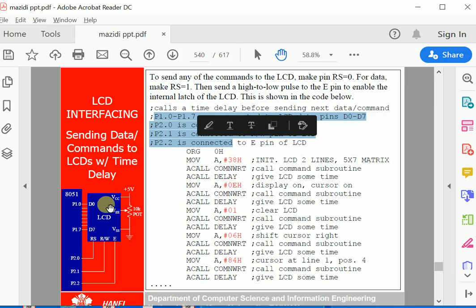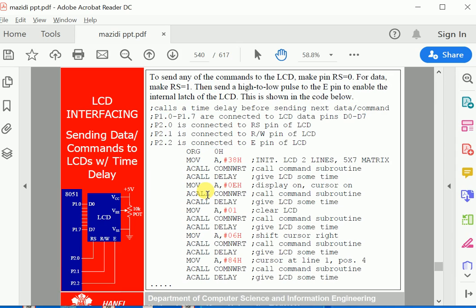This is the connection which we have already seen. Now let's quickly move to the program. The first line of the program is always ORG 0H. It's an assembler directive, which means from where in the code memory you are starting your program. So in the code memory, I am starting to write my program at the first location, 00H. Move 38H to A. That means I am giving a value 38 to A, and then I am calling